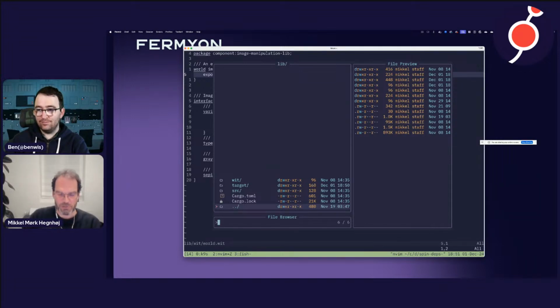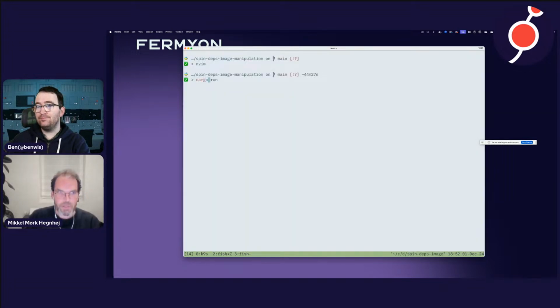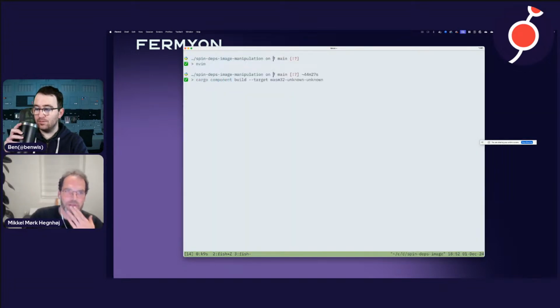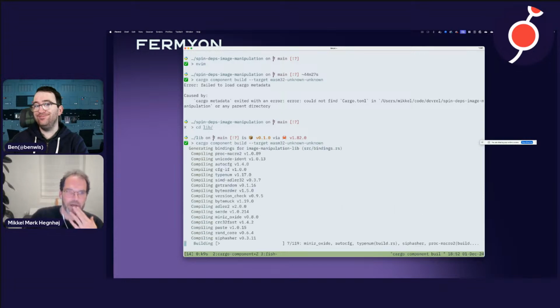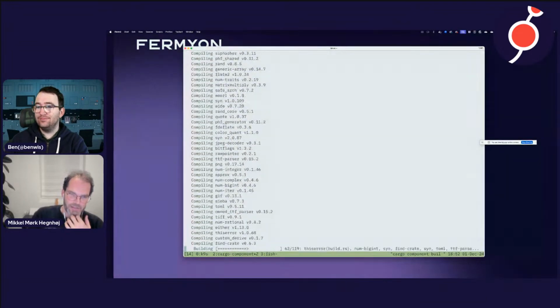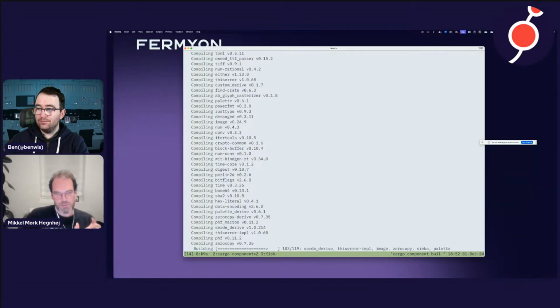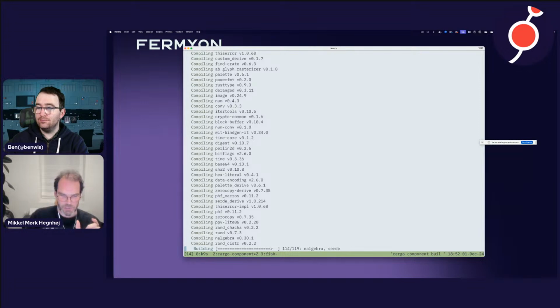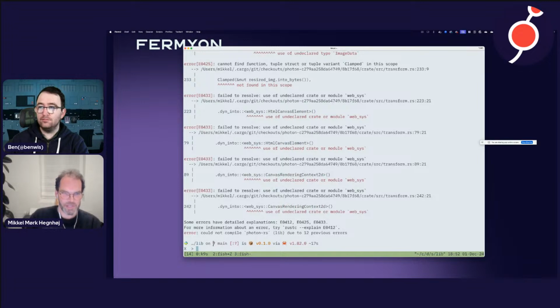So basically we can create a component like this. Let me get out of this. So cargo component would be the command to use. And then actually this was inside lib, wasn't it? Yeah. And then we can generate our WASM file that is now this image manipulation library. And what's interesting is once you have these WASM files, and again, we could have implemented this in any programming language, and the WASM would not necessarily have been the same, but it would have been able to